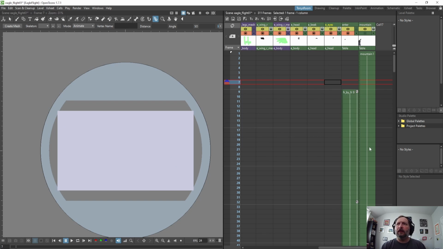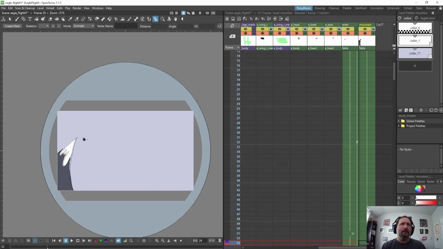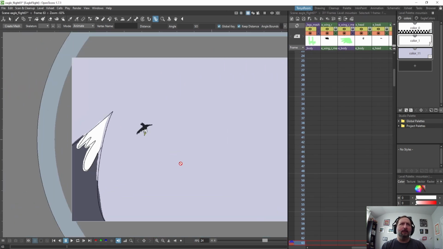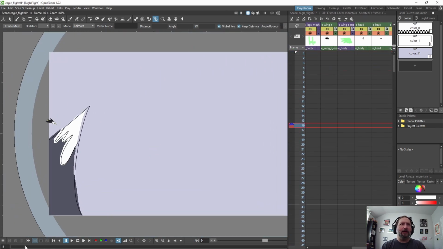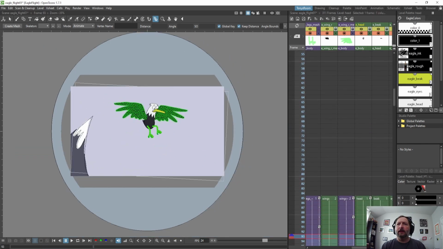And this very far right layer is the mountain that he flies behind. I don't know if you can see that. It's getting kind of small on screen, but he flies behind this mountain and he comes up,